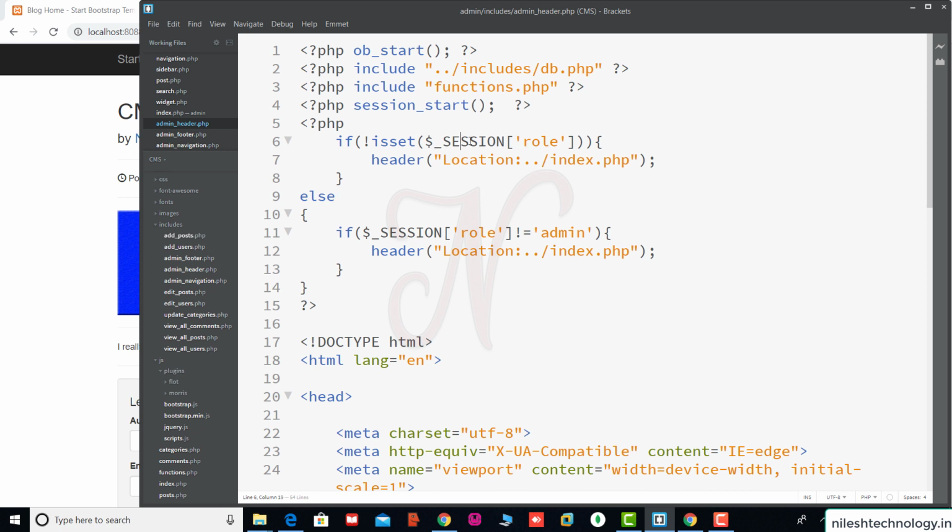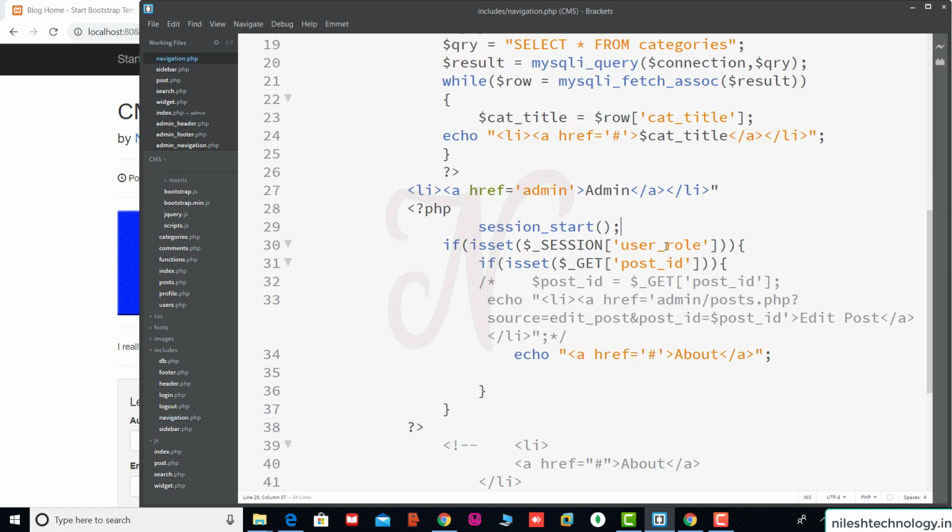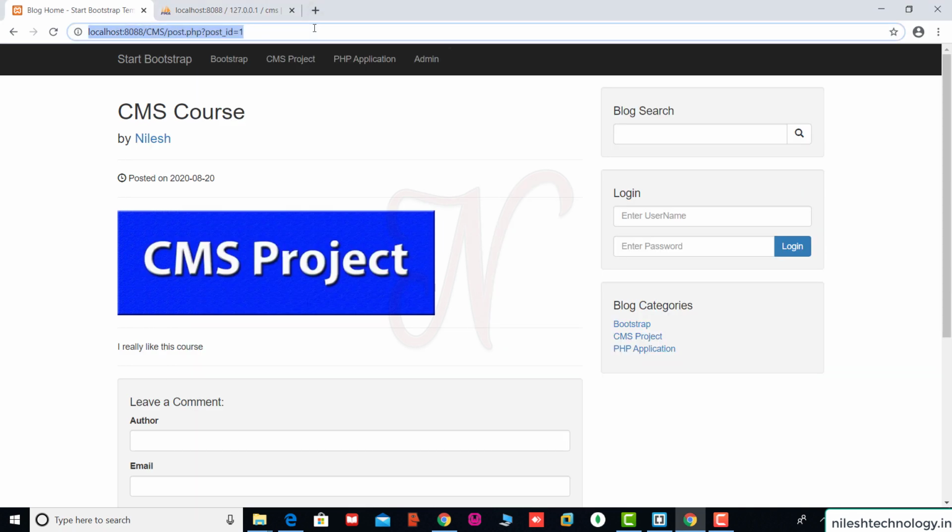Oh, this is only session role, not user underscore role. So sorry about that. Again we are going to this navigation file, this is just a role. Okay, so we remove this session start code, save these changes, and again we refresh.